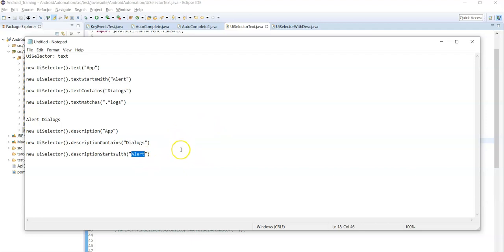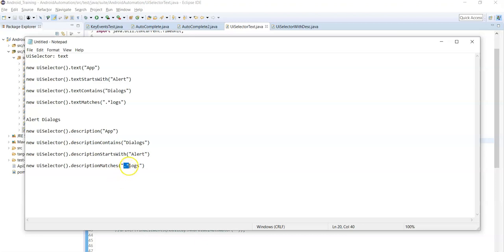Now the fourth method is descriptionMatches, same as textMatches. This method also identifies an element using its matched content desc value after evaluating the regular expression.